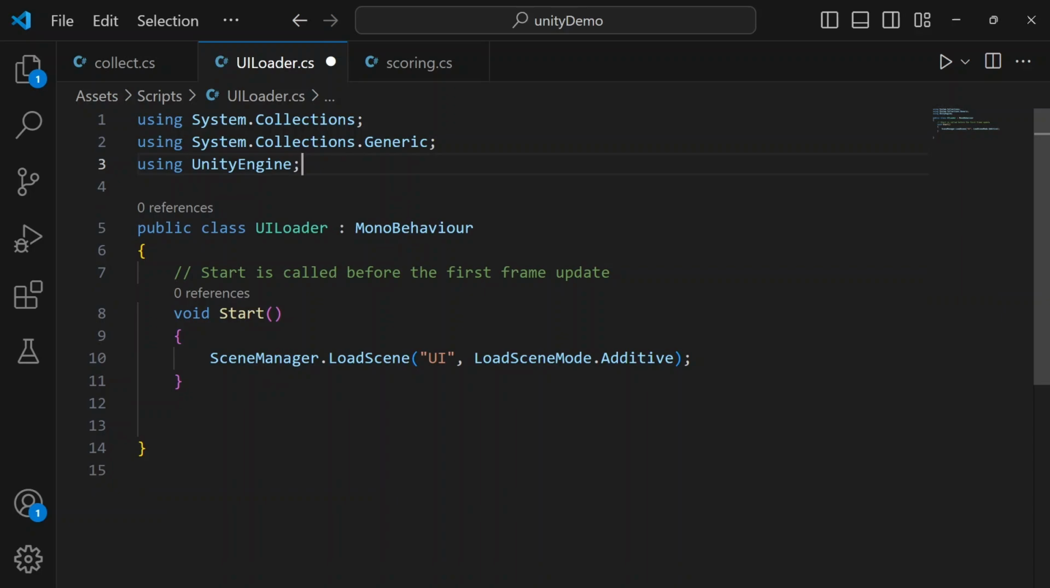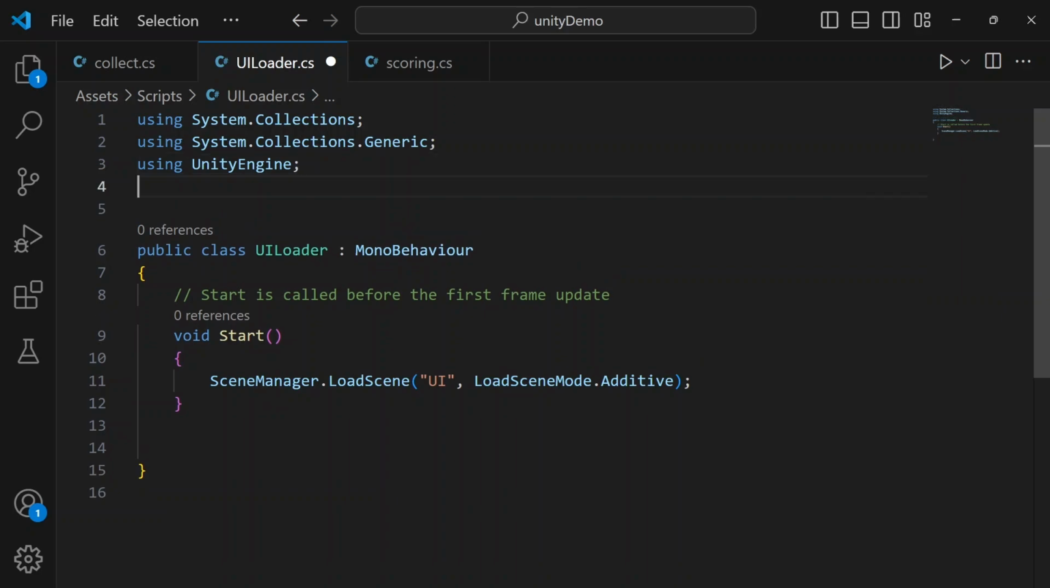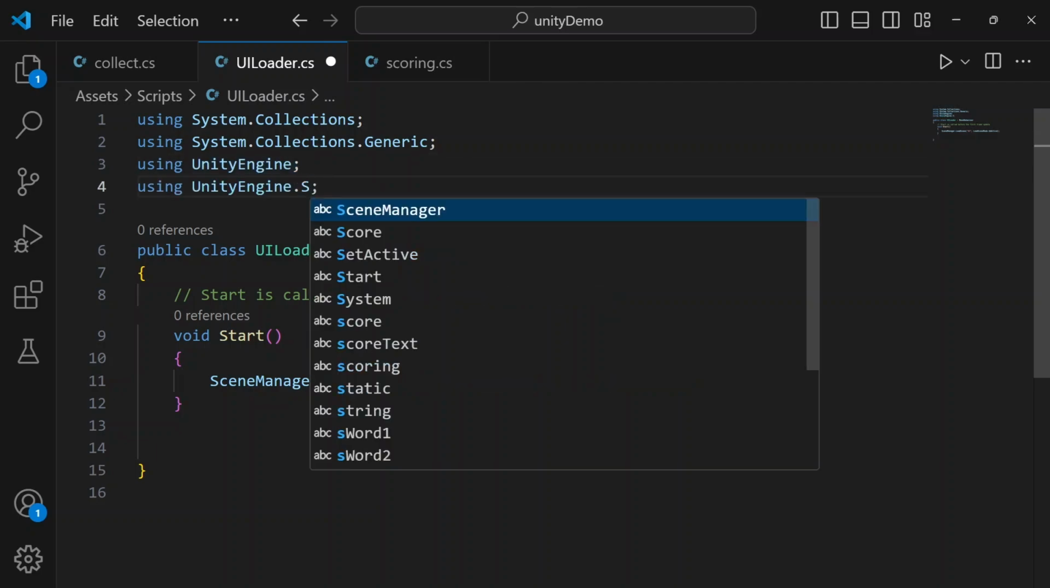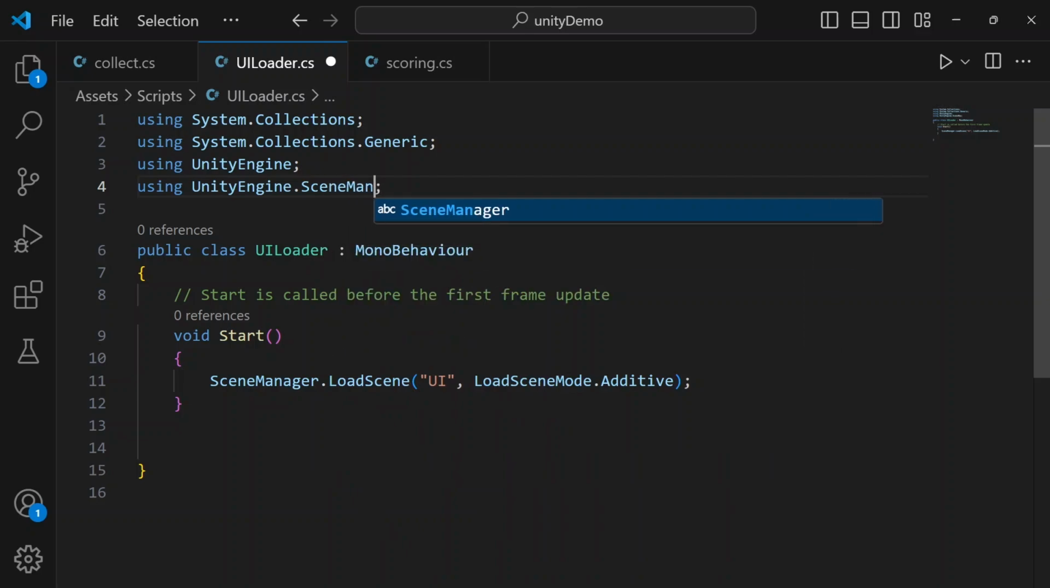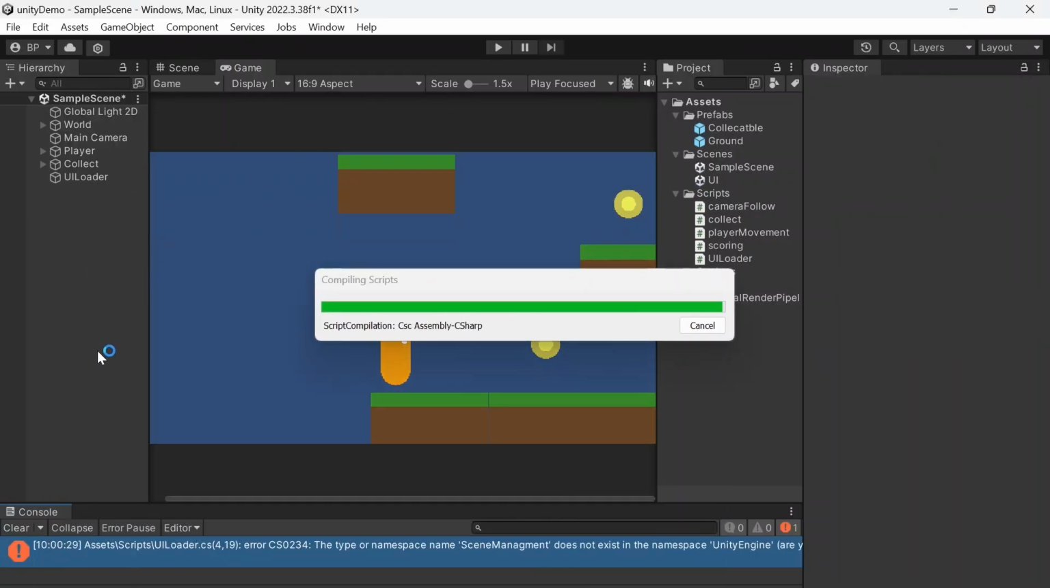in order to be able to use our scene manager, we need to add a new using. And we're going to be using .SceneManagement. If we save that script and then go back into our game,